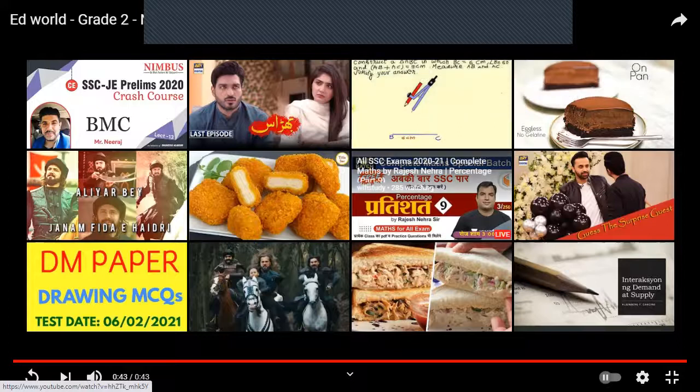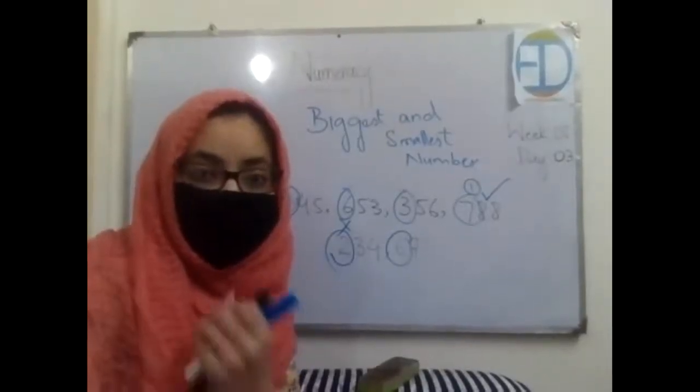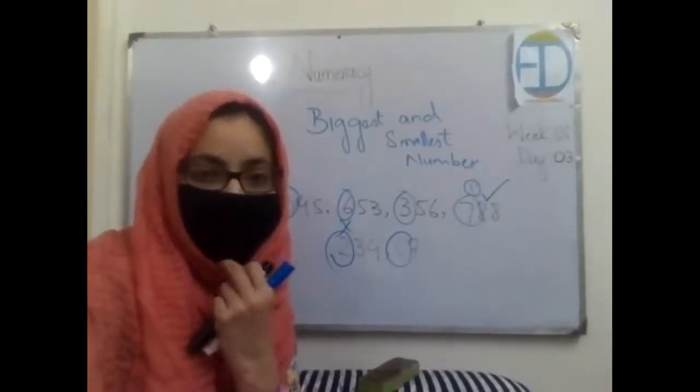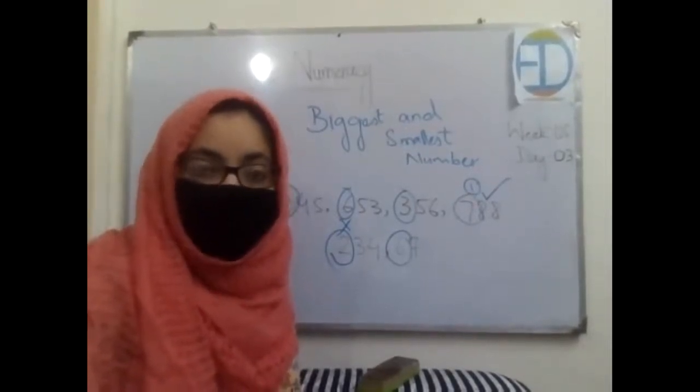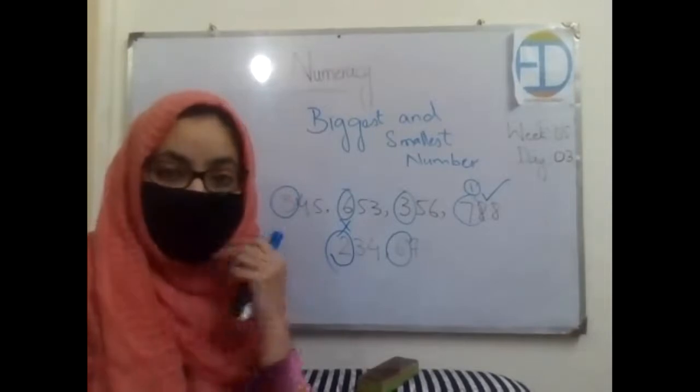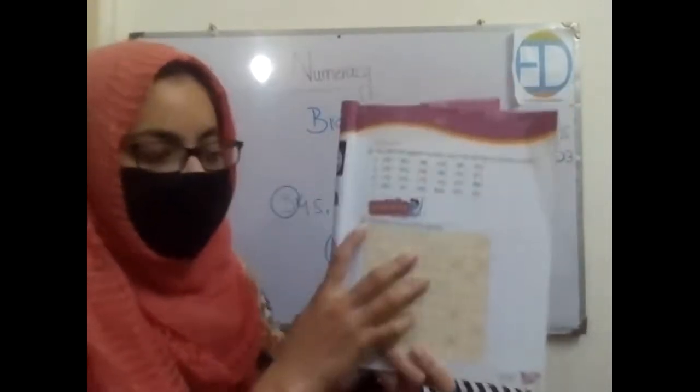Okay, class. As you have seen in the video, only a single number was missing, so we were supposed to write only that single number, right? But in your book, not a single number is missing, but a lot of numbers are missing. There are a lot of blanks, and you are supposed to complete this square. So let's start with one.